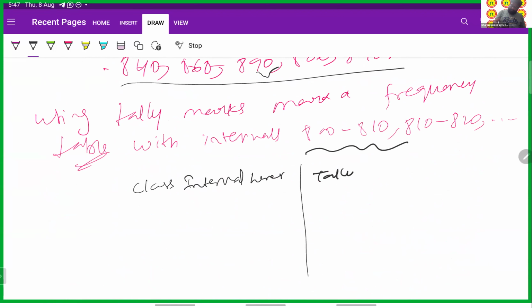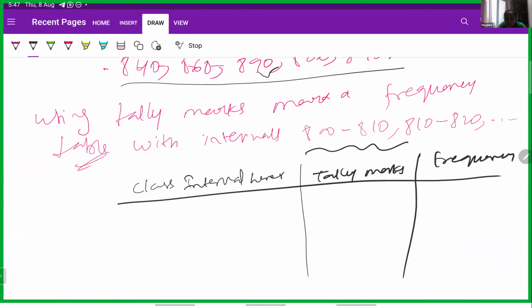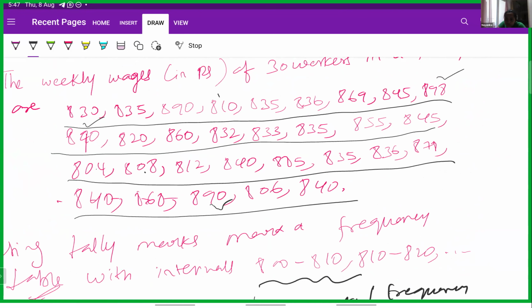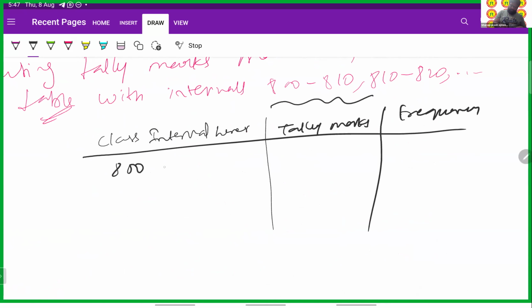Tally marks and frequency. Sir, can you go a little bit up, sir? I'm trying to copy the question. You can copy later. First, please try to understand how we solve this. So now what I'm doing is 800 to 810, 810 to 820, 820 to 830, 830 to 840,